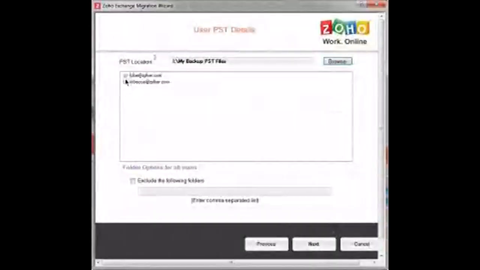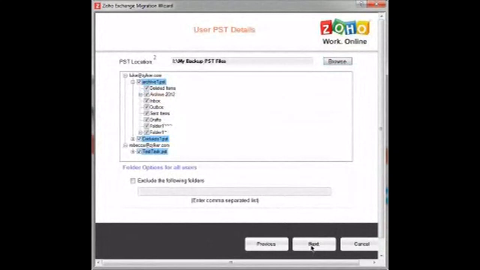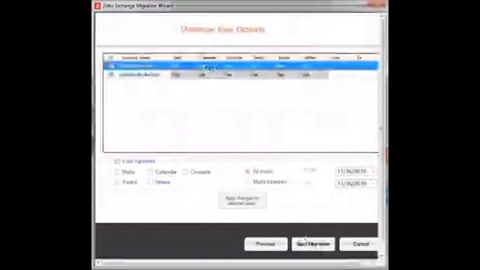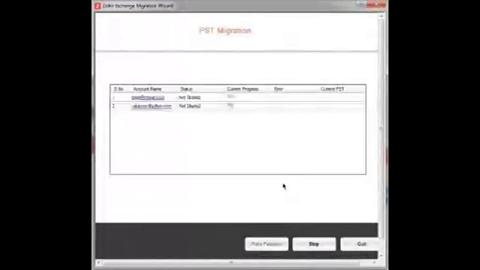So you can see that the PST files available for both these users have been listed. You can either choose specific folders by clicking on the checkbox, or you can even exclude them by mentioning it in the field below. After all the users have been populated, you can start with the migration.